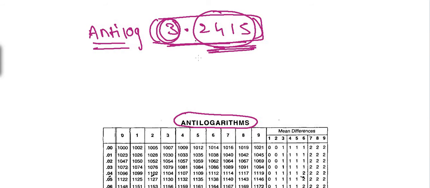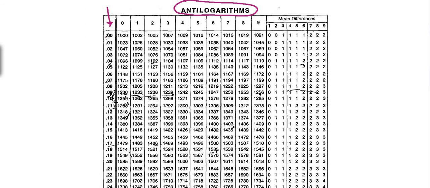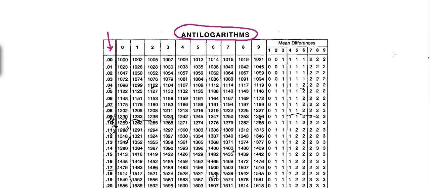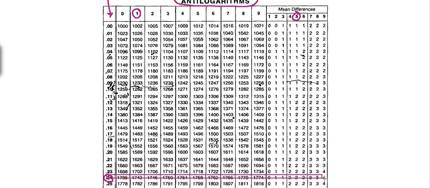Once again, make a group of first 2. Now the group over here is 0.24, 1 and 5. Now locate 0.24 in the first column. This is the first column. See 0.00, 0.01, 0.02, just go down and locate 0.24. Here is 0.24. The next is 1. Locate 1 in the first row. Here it's 1. And the mean difference is 5. Look at the mean difference here. Now let us consider their intersections. This is the row of 0.24. This is the column of 1 and a mean difference of 5.